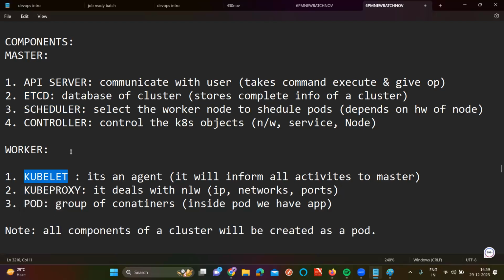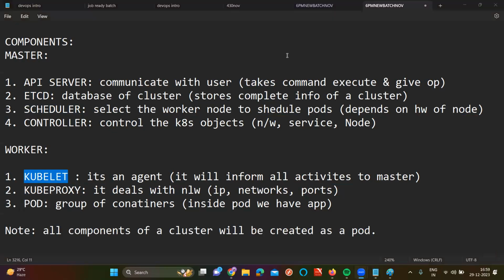That means in the complete Kubernetes architecture, each and every component is going to be treated like a pod itself. What is the meaning of pod? Group of containers and controller. Sunil, if you want to learn about controllers, you need to wait for some other concepts, Sunil. Okay, then you'll get the clarity.